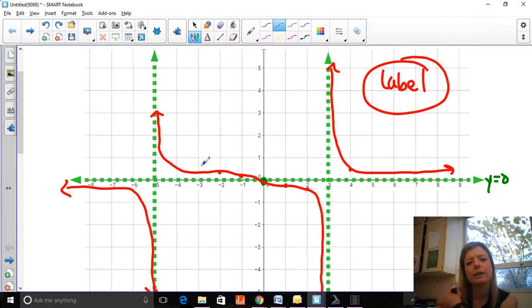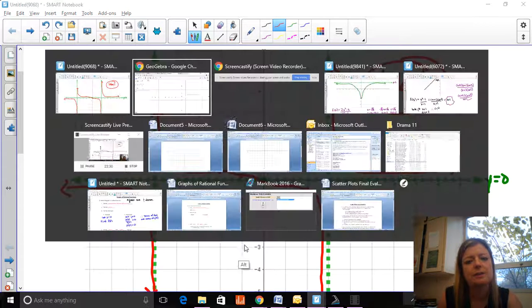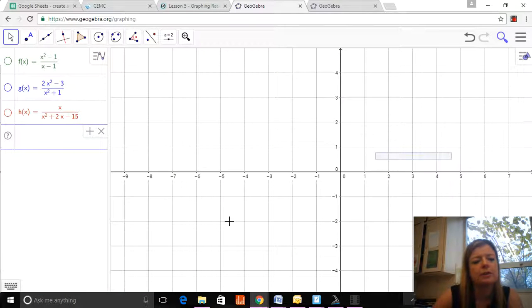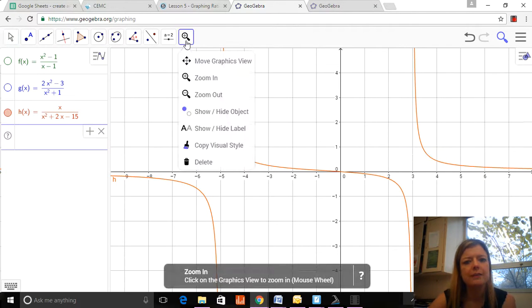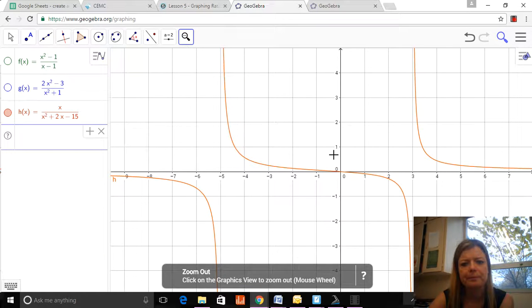Okay, again, you probably want to put in coordinates. To be honest, I don't have my calculator with me right now, but you should probably put in coordinates here to find out what everything is. And then you can check on GeoGebra to see if it looks right. So this is what h of x looks like. It's pretty similar to what we did. If I back out,